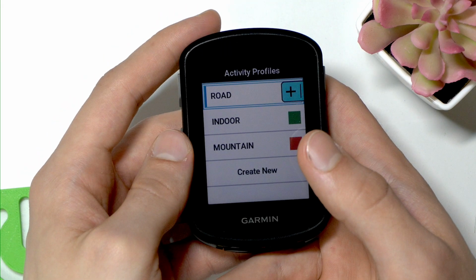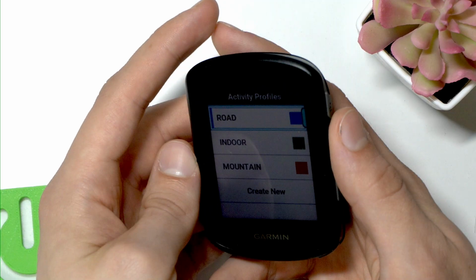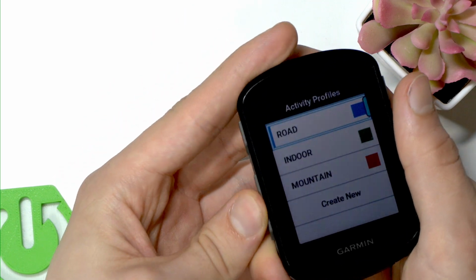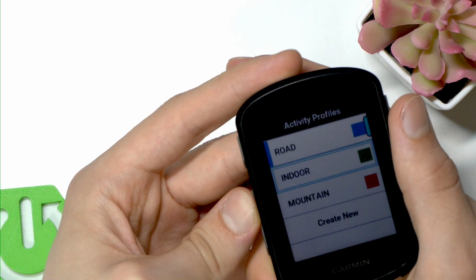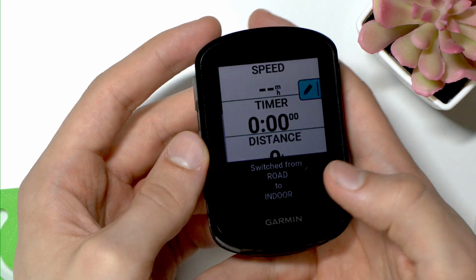Now, if you want to customize one of the existing profiles like road, indoor, and mountain, you simply have to highlight the activity profile that you want to customize and press this button. After that,